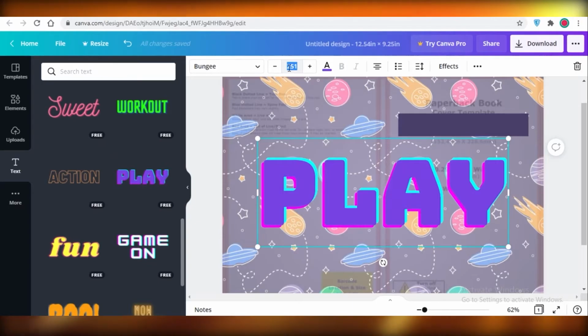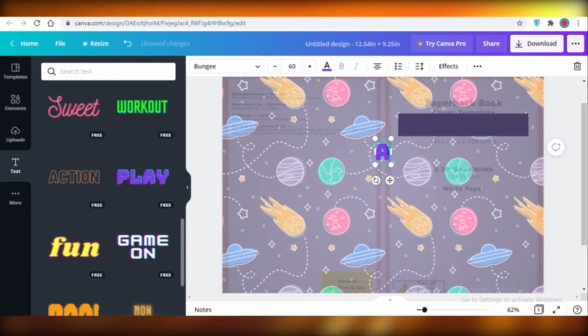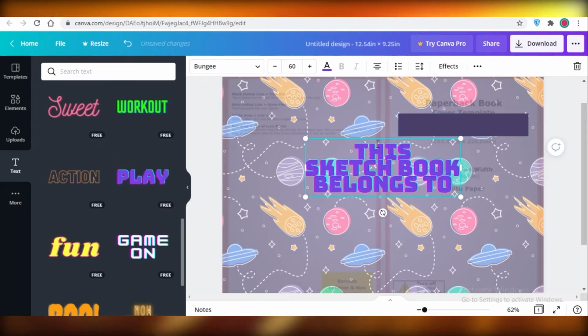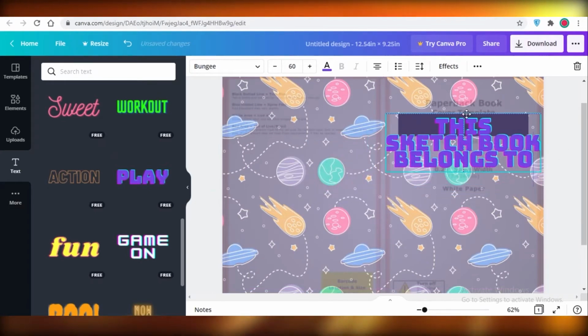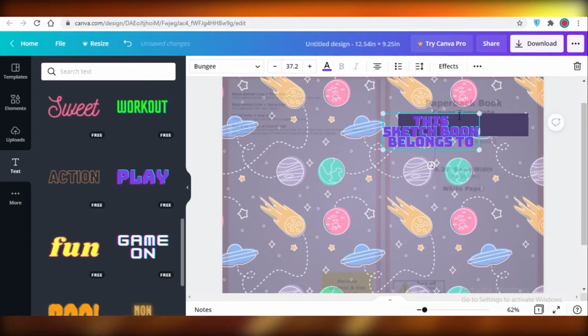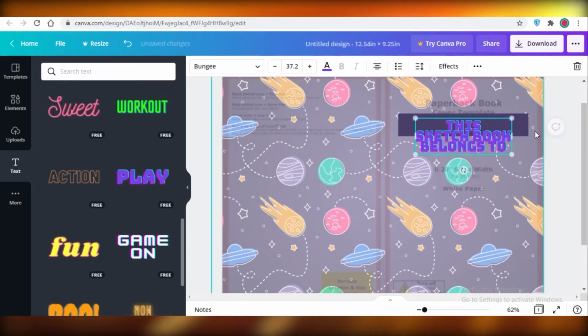Obviously, I'm going to reduce the size, and then I'm going to start writing. So I'm going to write sketchbook, or maybe I'm going to write. So you can add just any kind of line you want. This is kind of a trending line to have on the first page, that this sketchbook belongs to so and so. I'm just going to resize this, take it to the center, and then I'm going to move my little